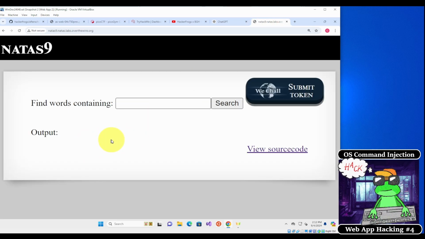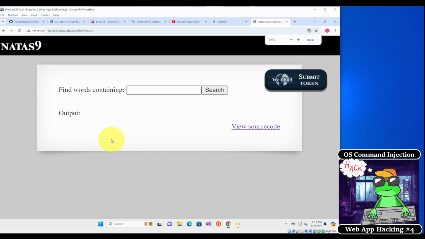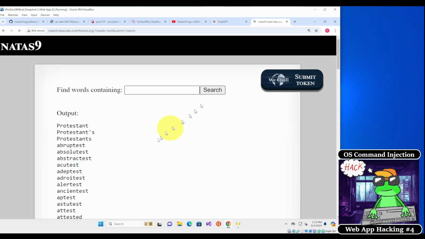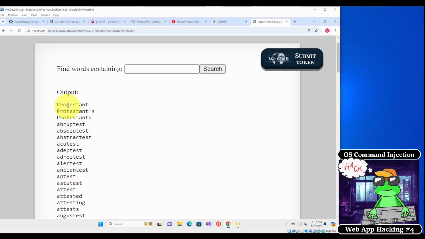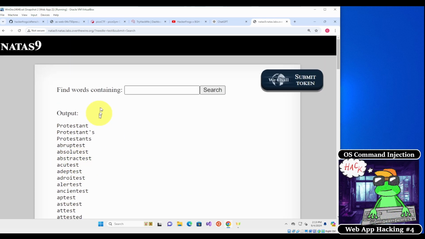All right. So we've got a web app over here, and it's basically some sort of dictionary app. It says find words containing something, and there's a search bar. If we plug in something like test and hit search, it's going to output a bunch of words that have the word test inside of them. Whether or not this is accessing some sort of file on the web server, we don't know. But if we go back,